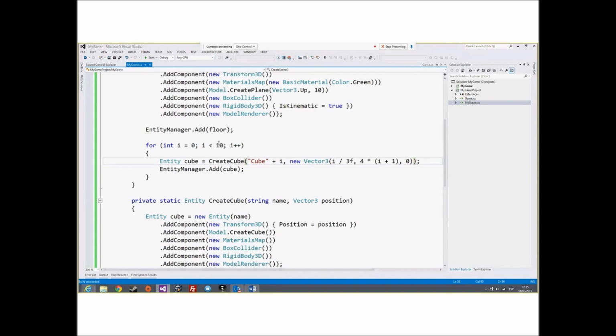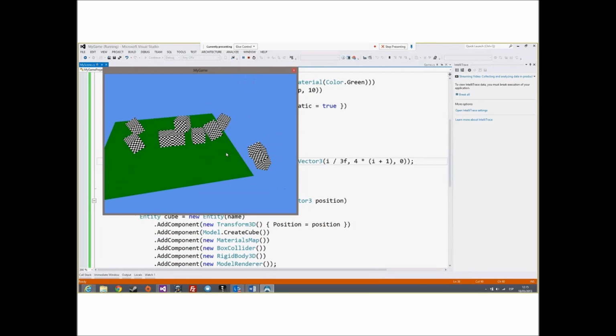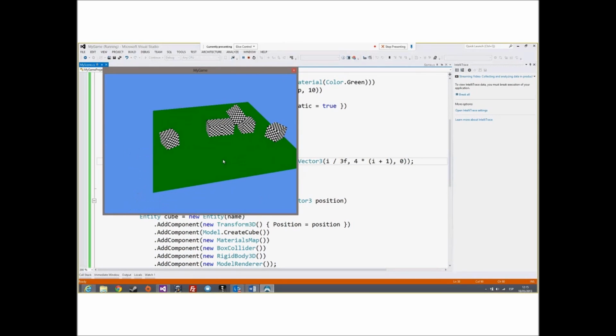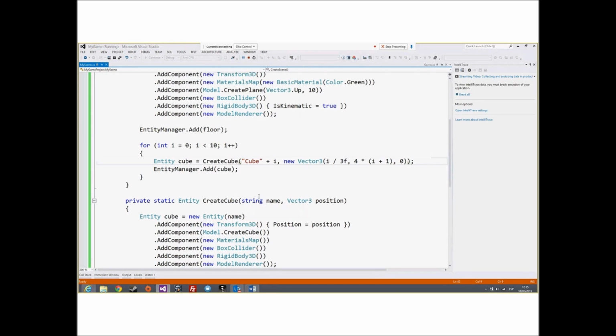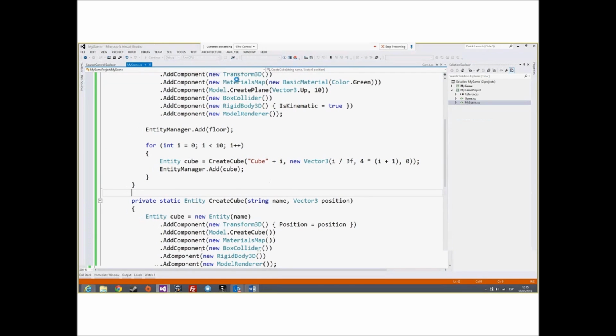Okay, and if we close here, voila, we have a new physics demo where you can see how the cubes fall and collide between them. We can change this cube for a sphere if you want to do that.